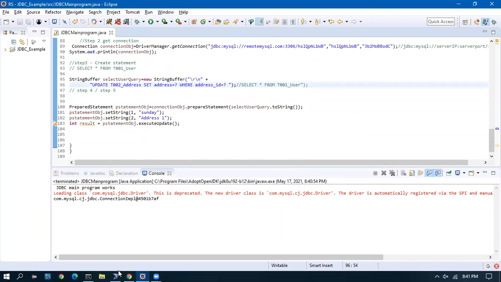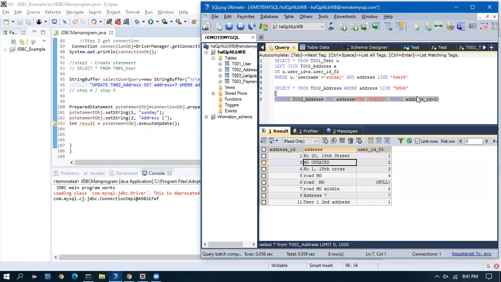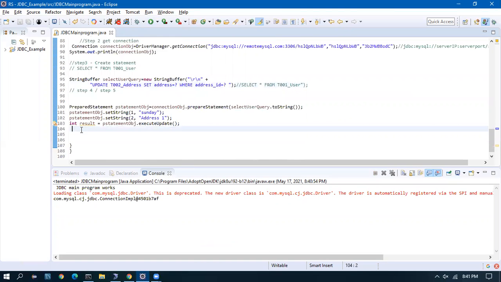the record would not have been updated because we don't have a primary key with address 1. So if I query the table, the record would still be the same. By the way, let me print the result and see what it's coming.